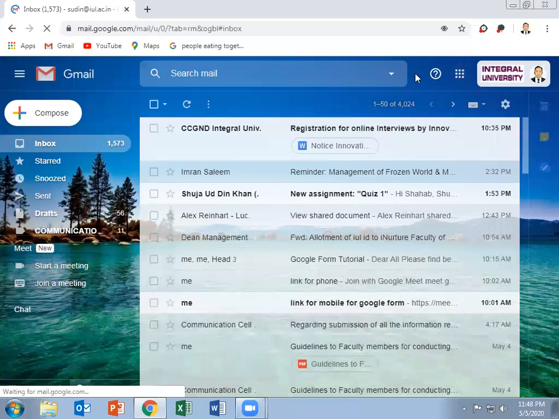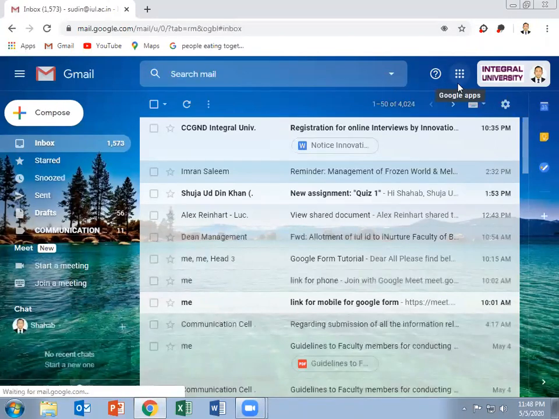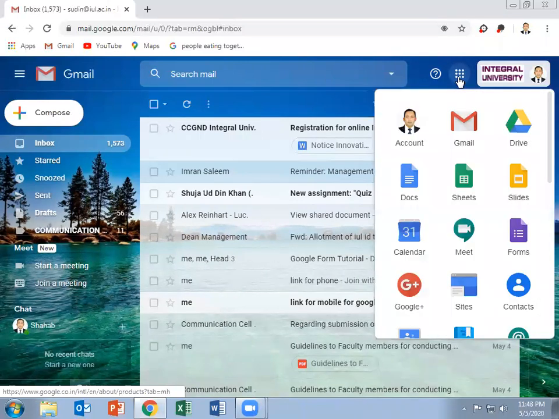We'll get this window. Then we can see a 9-dot box over here. We'll click on this box and we'll get different Google apps. From this Google app window, we have to select Form.